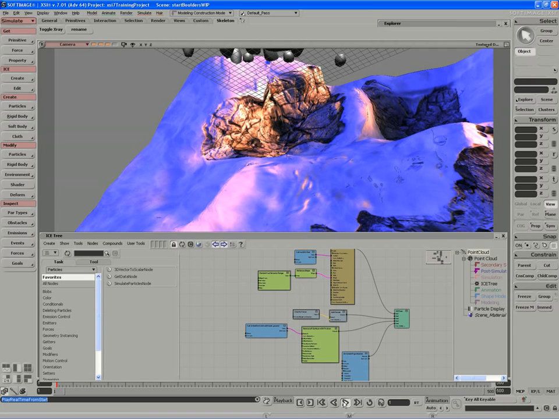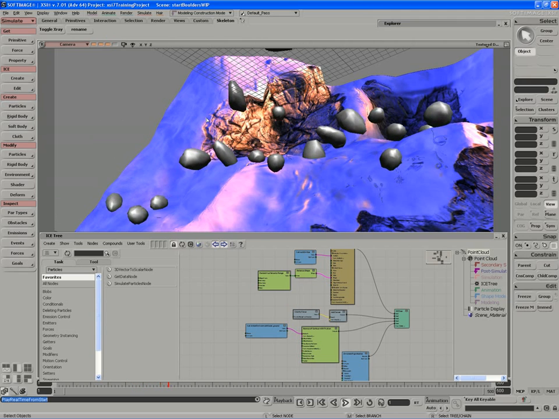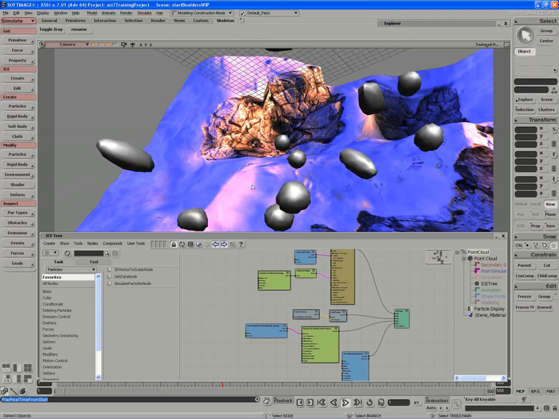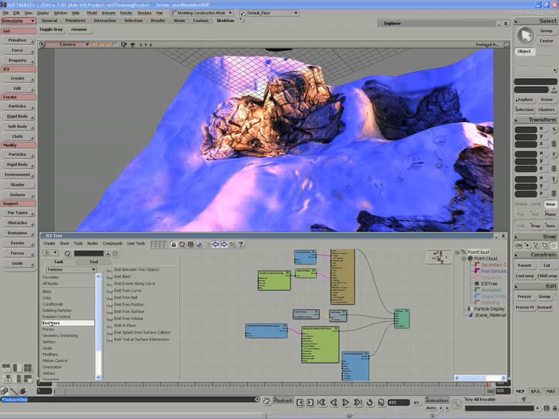Next, we're going to look at creating the splashes, or the little emissions of snow that would occur upon collision with the mountain surface. Perhaps you might even get some rocks or chunks breaking off in these more craggy areas. To achieve the collision, you might first be tempted to look under the emitters folder and use an emit splash